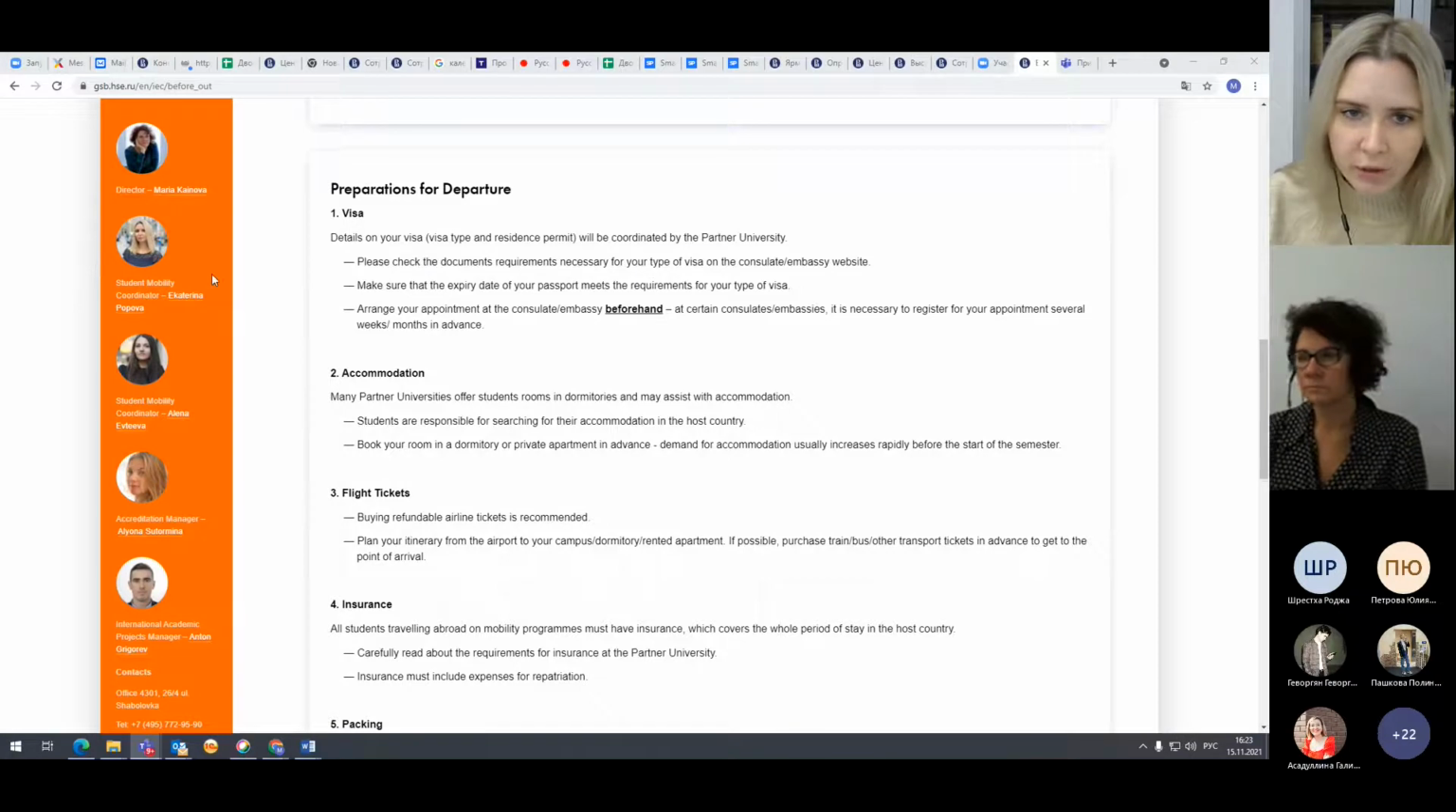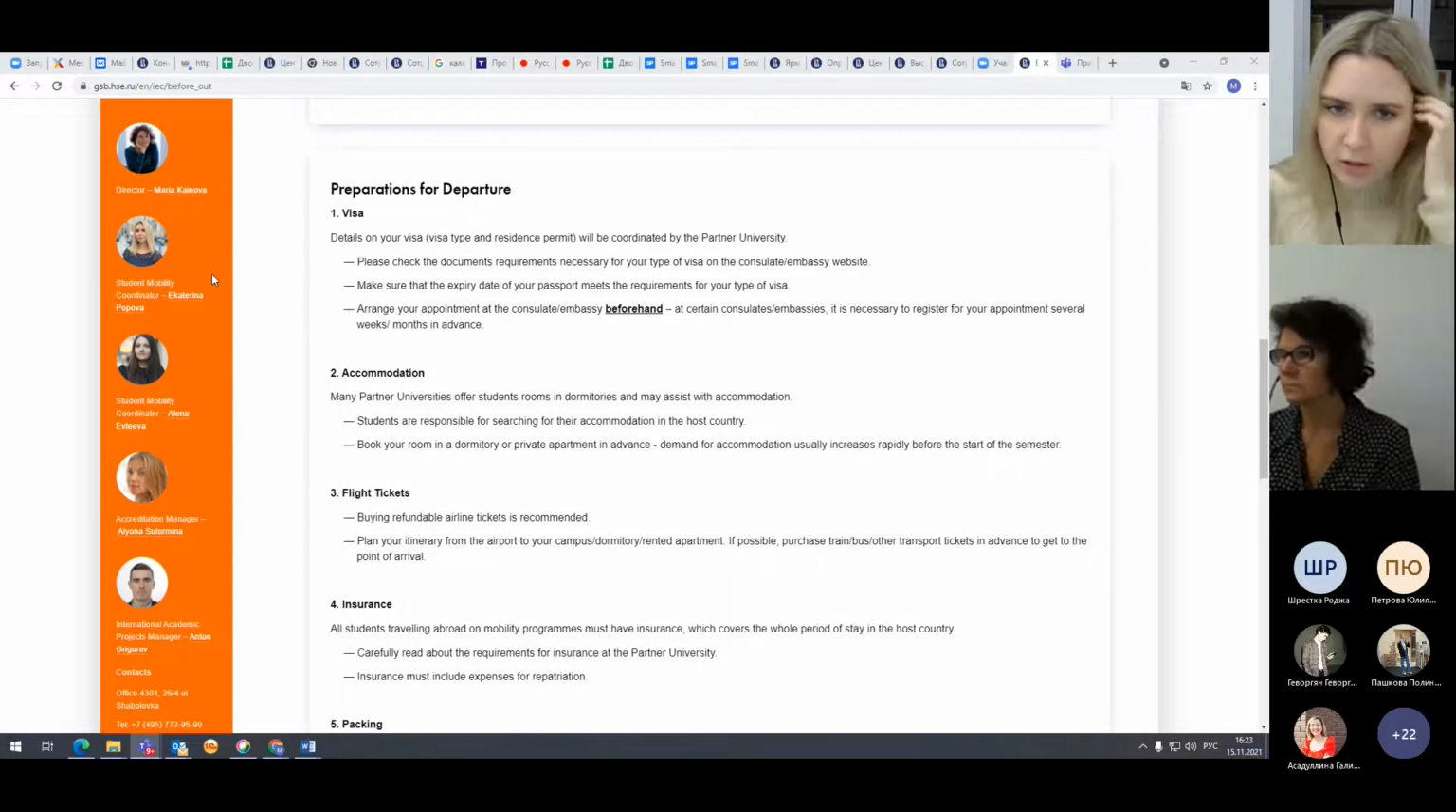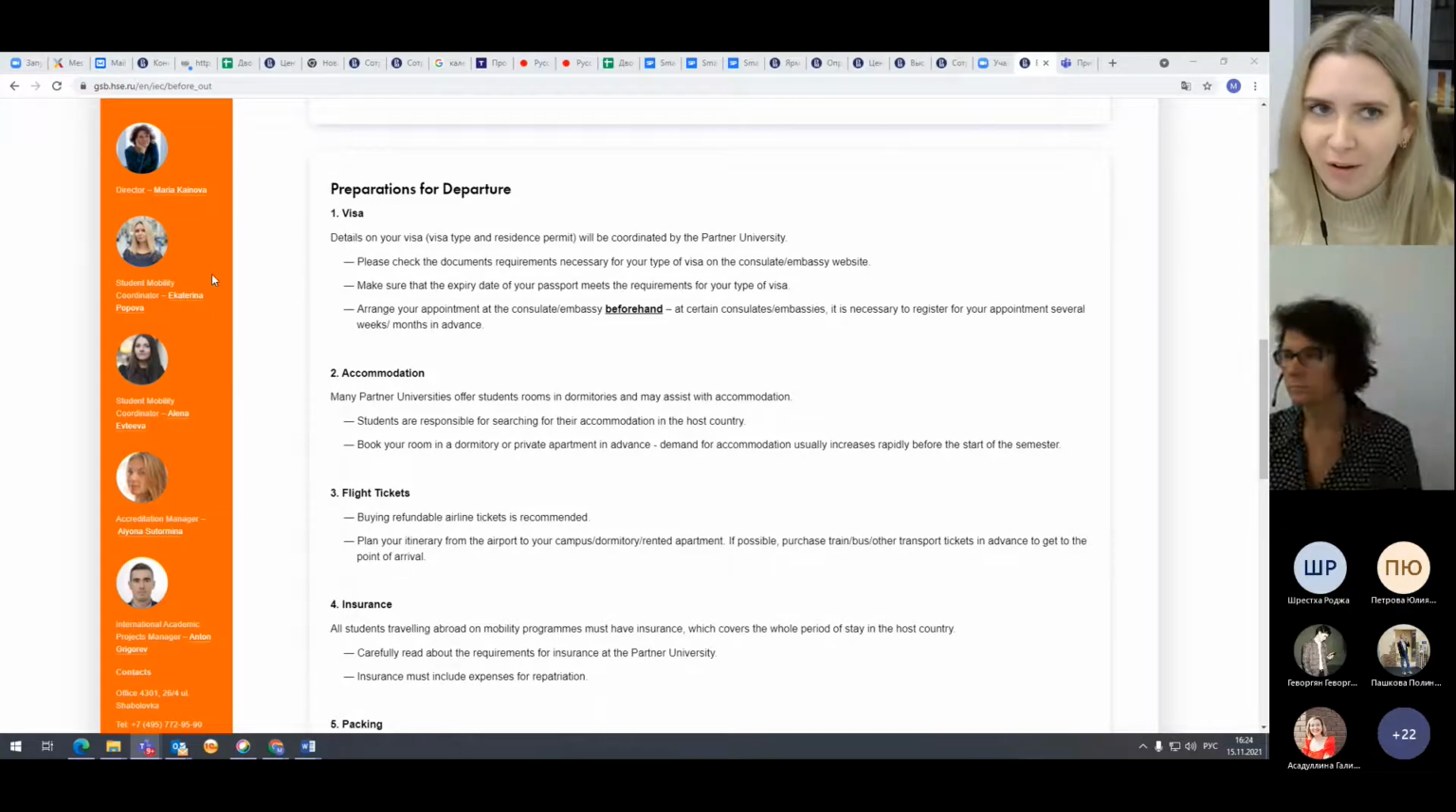I would also like to add here about accommodation. So please make sure that you book your accommodation very well in advance. If, let's say, the host university sends out an email saying that their dormitories or student housing places are very limited and it's very competitive, please make sure that you book your room at this very moment when you